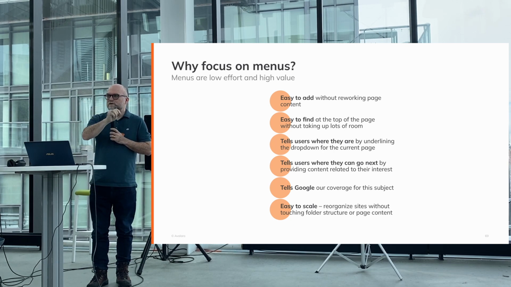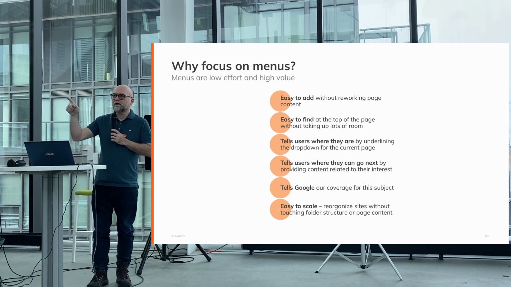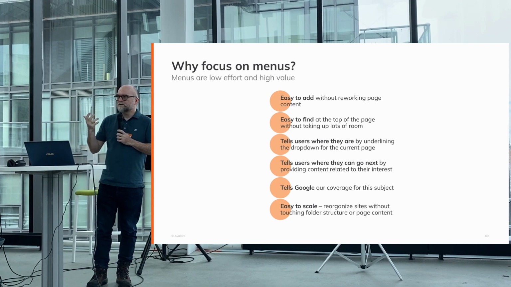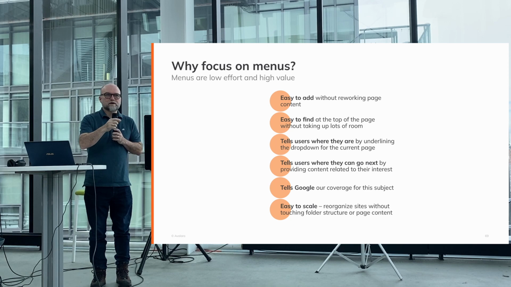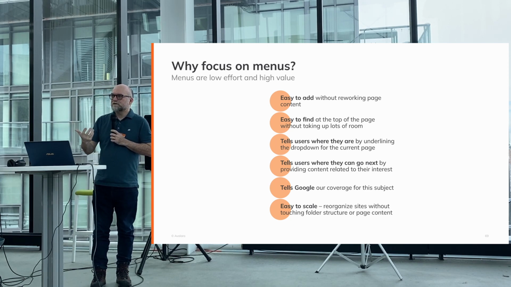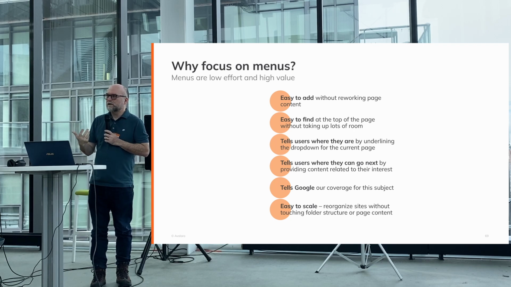So no matter which page brought them there, they can see, oh, okay, I can see all the other stuff that's available, and I can see how to get back to this page if I jump around. And it also tells users where they can go next, because regardless, again, of what page brought them there, there's a set of related pages under those drop downs that give them access to potentially the next thing they would be looking for